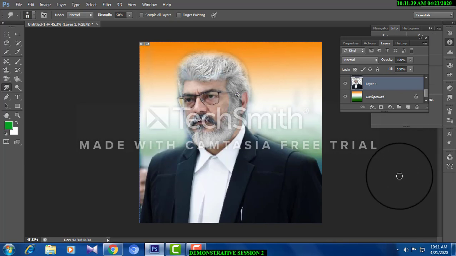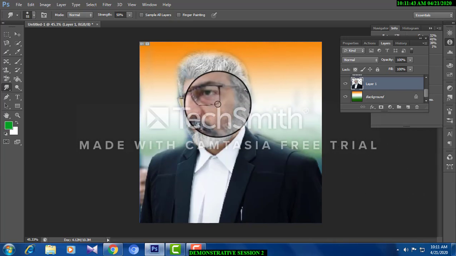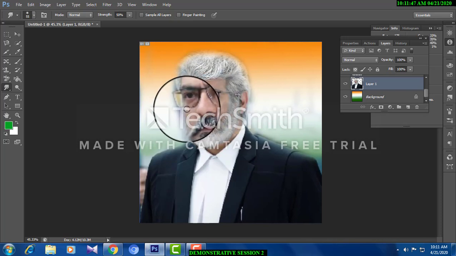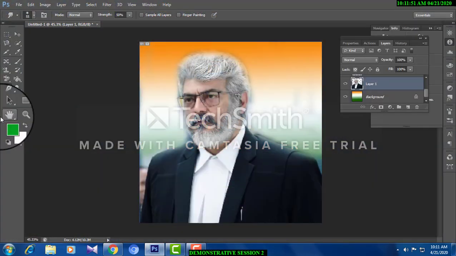See the difference? You can extend the particular layer, for example, if you want to extend the eyewear. See? Earlier it was like this, but I made it little extended. Okay, this is smudge tool.